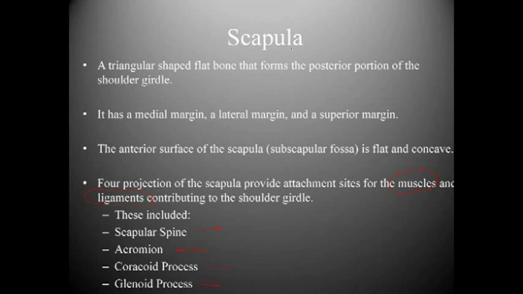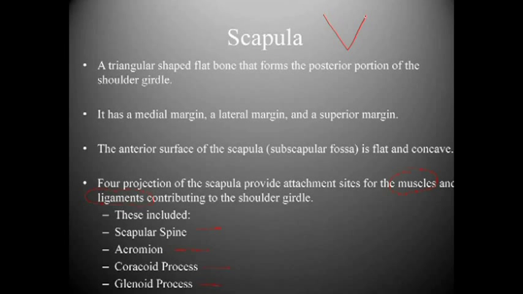So that brings us to the scapula. The scapula is a triangular shaped bone, and it's flat. It forms the posterior portion of the shoulder girdle. So it's in charge of being the keystone to hold everything together. It has a medial, lateral, and superior margin, and we see that very well